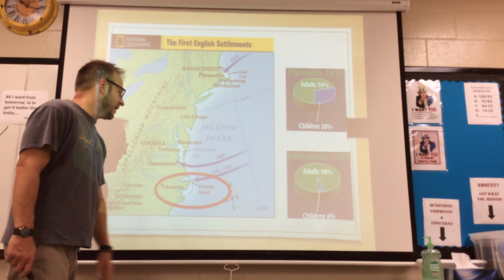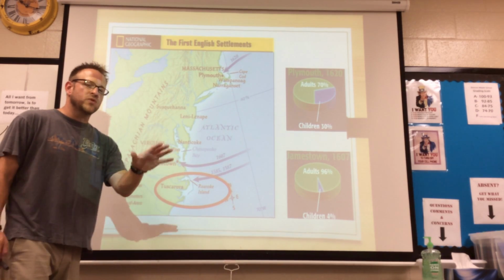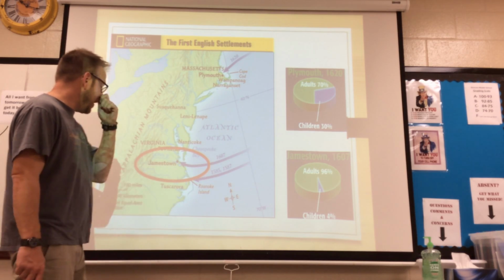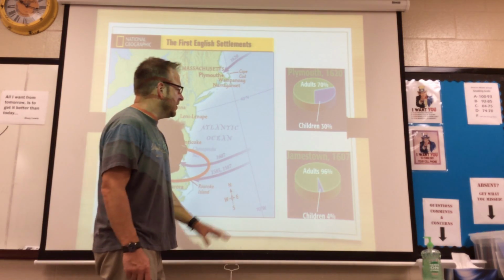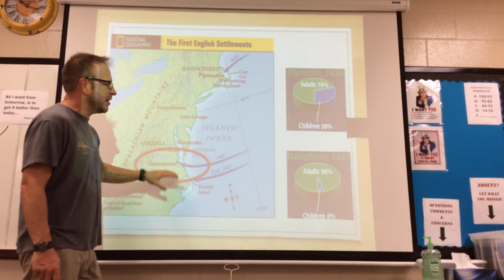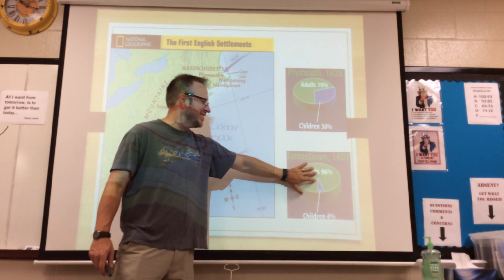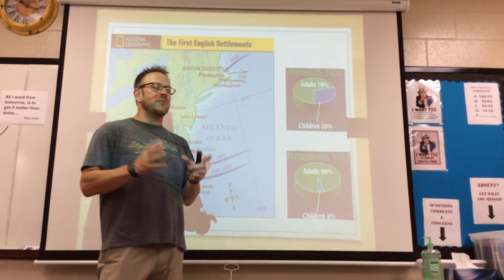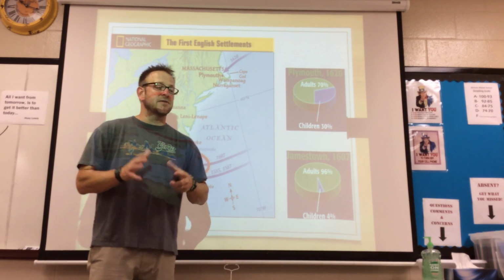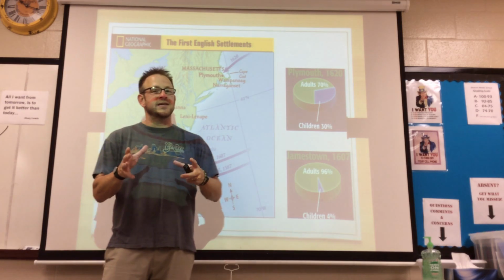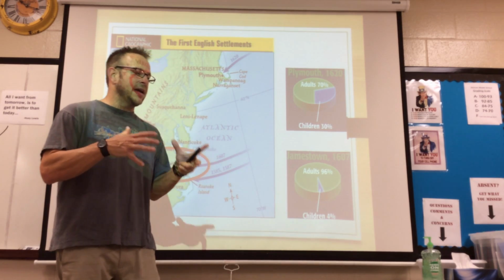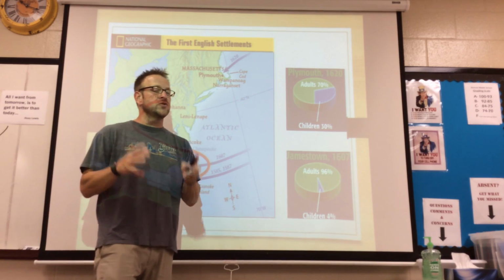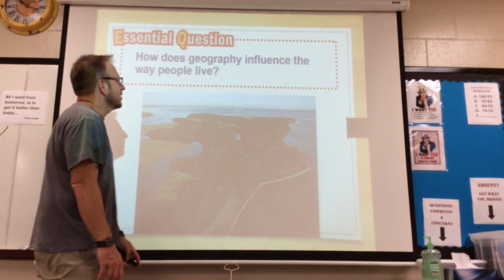Now, Roanoke Island again, we've talked about it. We've covered it. We'll talk a little more in class later on. Tonight, we're going to focus on Jamestown, the founding of it. 1607. When they came in, you could tell they're different from other colonies for the pure fact that it's 96% adults, 4% children. They were coming there for a purpose. They weren't coming to resettle, to build farms, not at first at least, and make new lives. They were coming to get rich. The thought and dream of gold was huge with them, and that's what they were looking for.